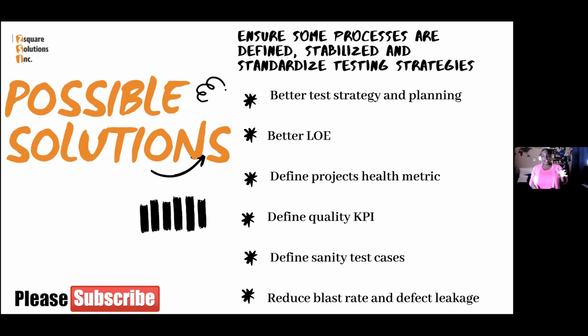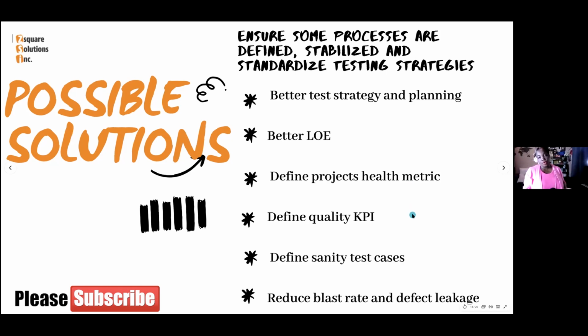defect leakage. And there's a little anecdote that I like to share: as a QA person, you get so traumatized from working with developers with low quality code that it takes on average 18 months to recover from that. So imagine if you walk into a company and you've been there for 3 years, you spend 18 months just thinking, oh my God, this developer always gives me bad code, and you're traumatized by that. And there's research around that. So reducing the blast rate, what happens in production, or leakage of defects, will really help you